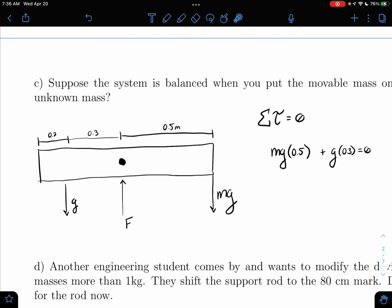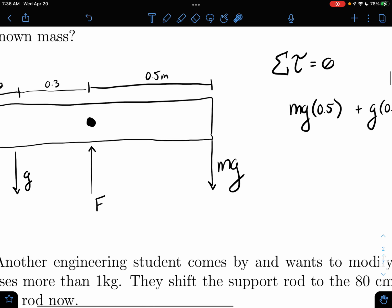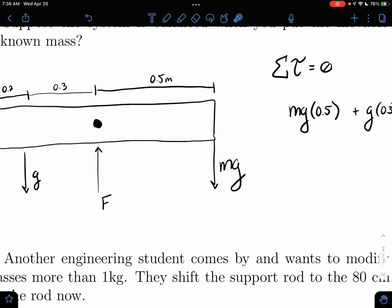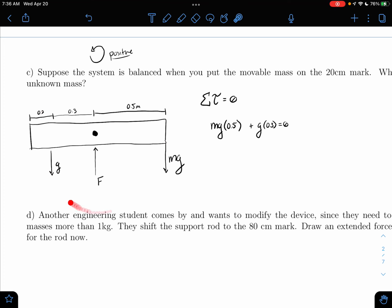So our convention is that counterclockwise, meaning going this way around a circle or around a pivot, is positive, right? So let's think about which one goes which way around our pivot. Here's our pivot here. If I were trying to rotate this around from this force, if I held it stationary here and just applied this force, that would cause the thing to rotate this way. If I keep drawing that circle, we can see that's clockwise, meaning this is going to be negative